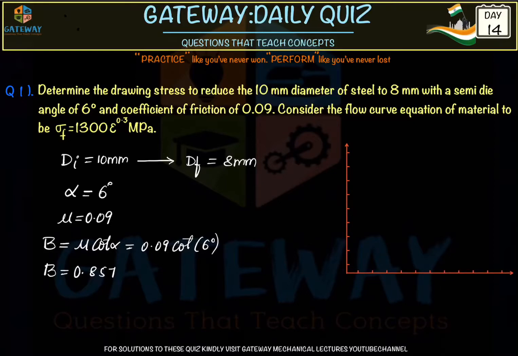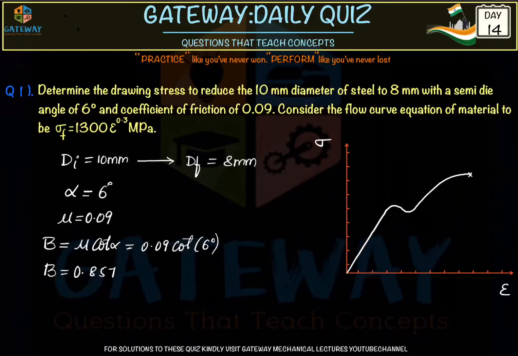Suppose this is our stress strain curve. In the complete forming operation we will be dealing with plastic deformation. In strength of materials we deal with the elastic region, where we can apply engineering stress, there is no issue. But here we need to take the true stress, and that is nothing but the flow stress, because in plastic deformation, depending upon the load, the elongation and the strain keep on varying, and it varies according to the flow stress. We discussed the concept of flow stress; you can refer to that. Here this is our stress axis and this is the strain axis. Generally for this type of material, the stress strain curve will be in this way.